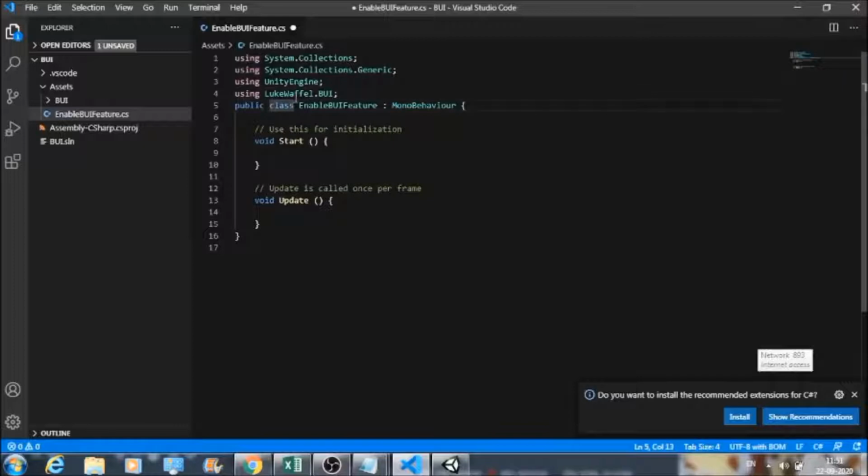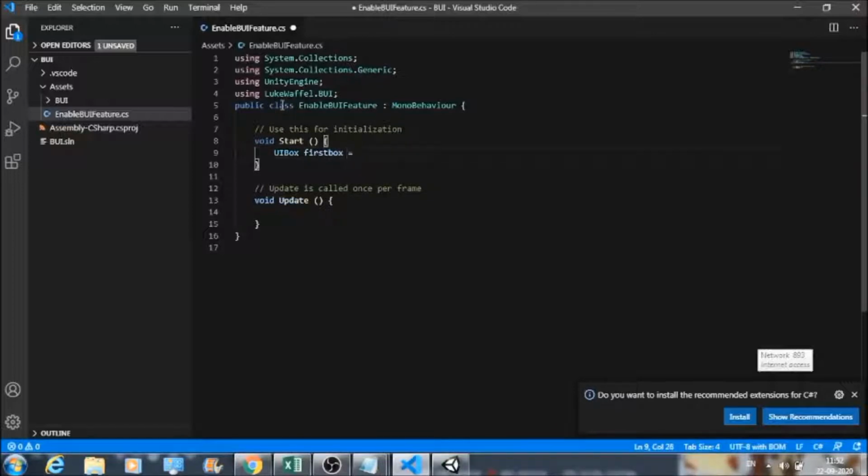So this is how we can call the BUI class using this LukeWaffle namespace. Now inside this Start function we need to create a UI box type of object.